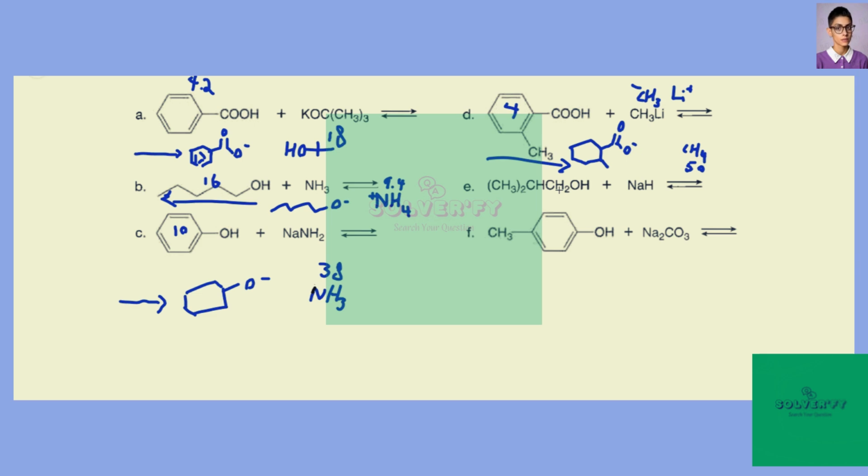Here we have sodium hydride and this alcohol, so the alcohol will be deprotonated into its conjugate base, and then we're going to form hydrogen gas. So hydrogen gas has a pKa of around 35, and this alcohol has a pKa around 16, so it's very apparent that hydrogen would rather not be H- and rather be H2, so the reaction is going to favor the product side. Last but not least, this alcohol, if we deprotonate this in F,